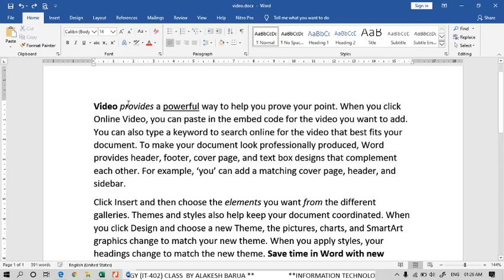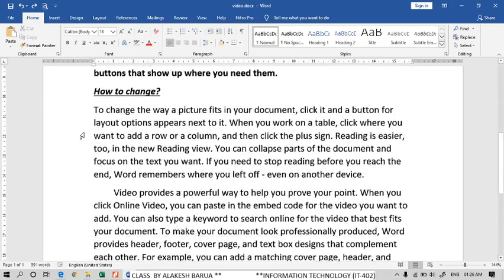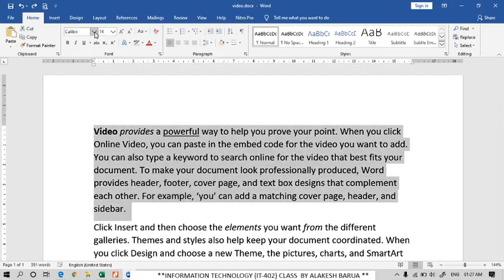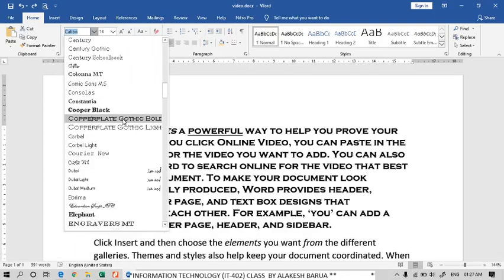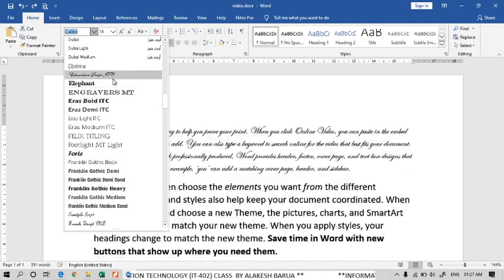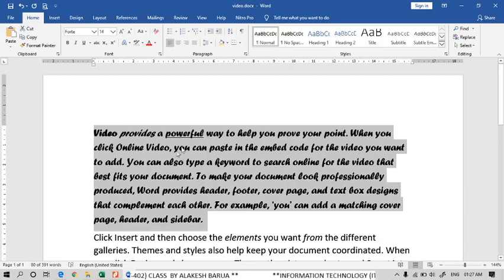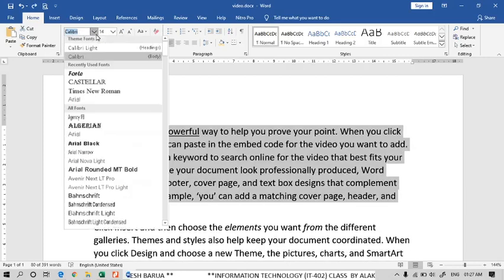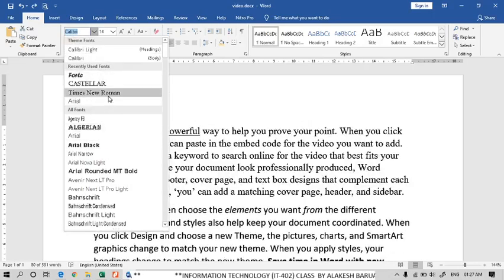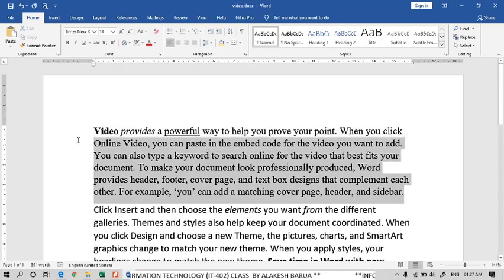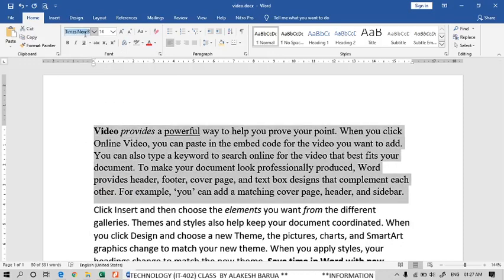A very good example of it is, if you are writing an application, for example, an application to the principal or someone, you cannot use fonts such as these. Okay, you cannot use fonts such as these or these. These do not work for a professional application. Okay, you can use Times New Roman. Okay, Times New Roman, this is the font that is professional. Okay, or you can use Helvetica,